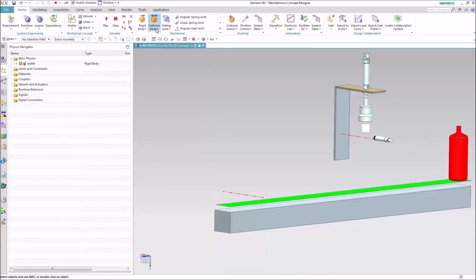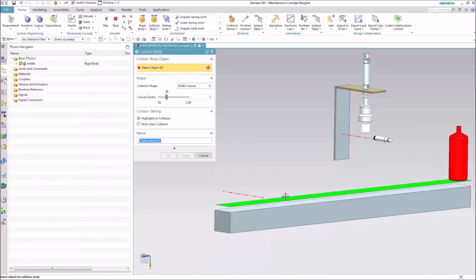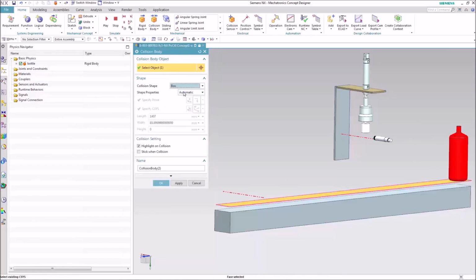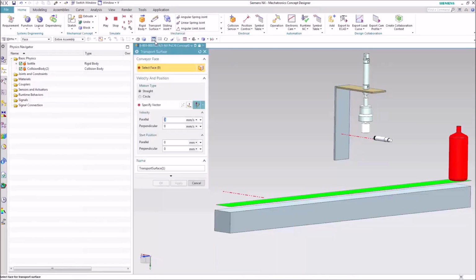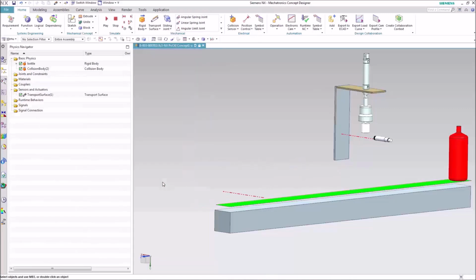We add the mechatronic information to define the product, bottle, and NX reuses modeling information such as center of gravity and inertia to help save time and reduce errors. We define the collision objects to let it interact with other objects. When we start the simulation, the bottle clearly falls downwards and through the conveyor, as we have not yet set